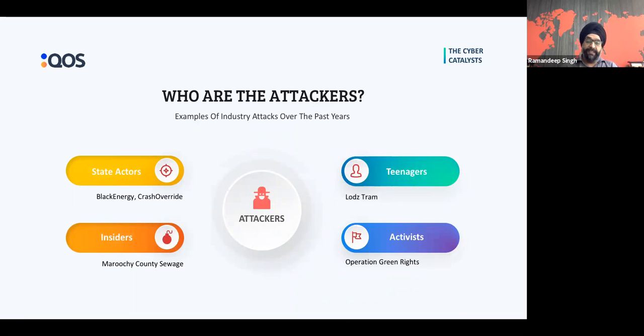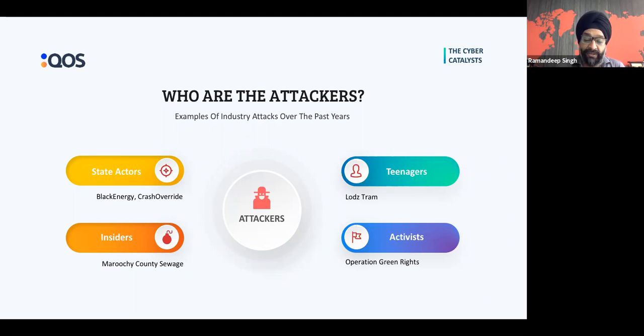Here the attacker space remains the same, so I don't have to moderate very specifically here to explain that we all know that in the cybersecurity space we are possibly a target of state actors, or sometimes insider abuse, some script kiddies who are just doing it for fun like teenagers. And definitely cyber activism is there in the form of activist groups. So whatever you saw in Ukraine in 2016,